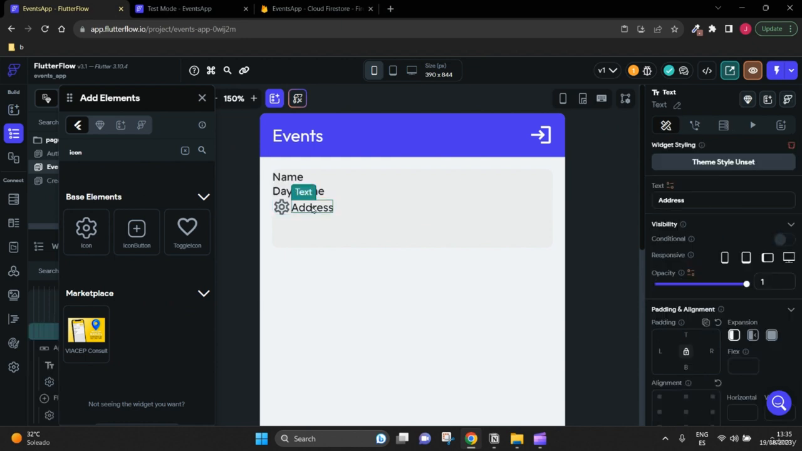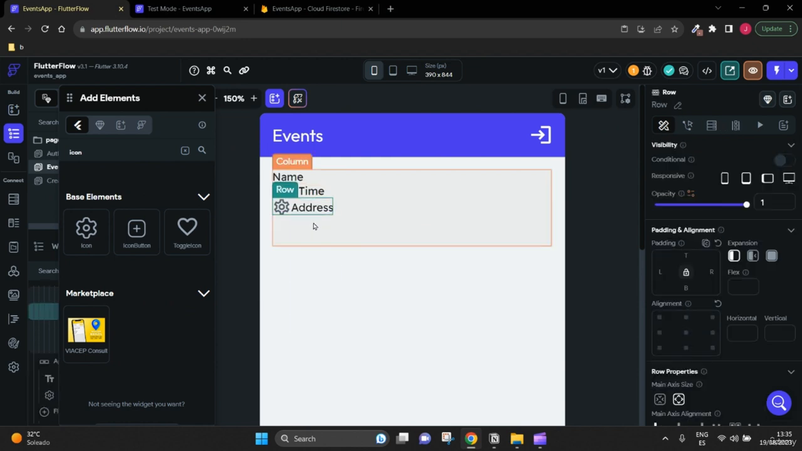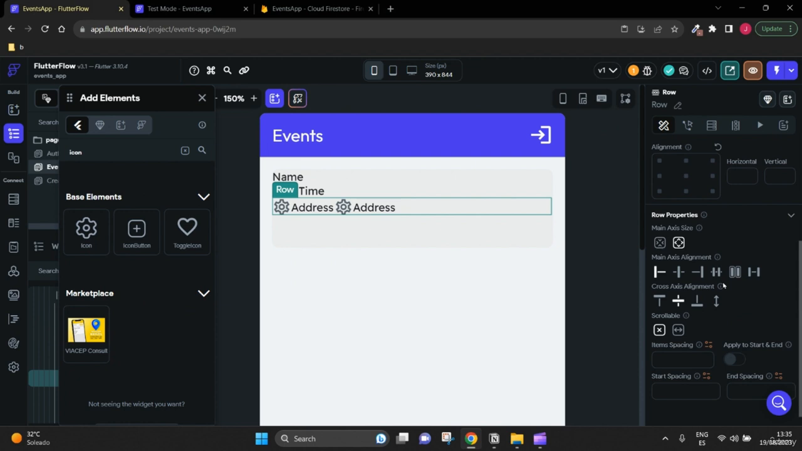All right, so now let's select this text. Let's select the more immediate row, the row containing the icon and the text, and hit Control D. So we duplicate it. Now let's select the row containing these two rows, and in the properties